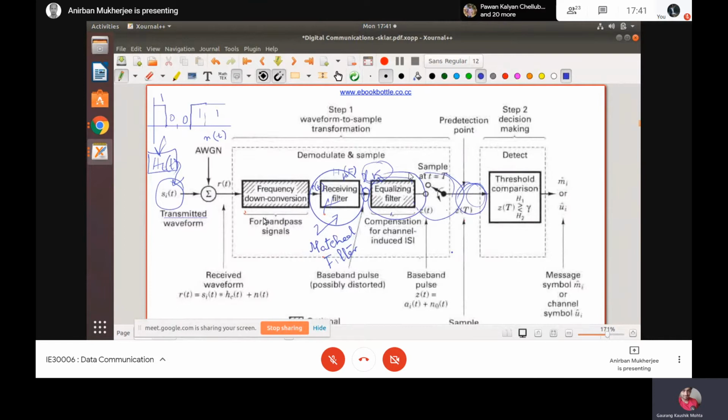Now when I am doing this band pass modulation, I need this demodulation block. You see that here we are talking about baseband pulse and directly we take the signal here. Frequency, but you see that